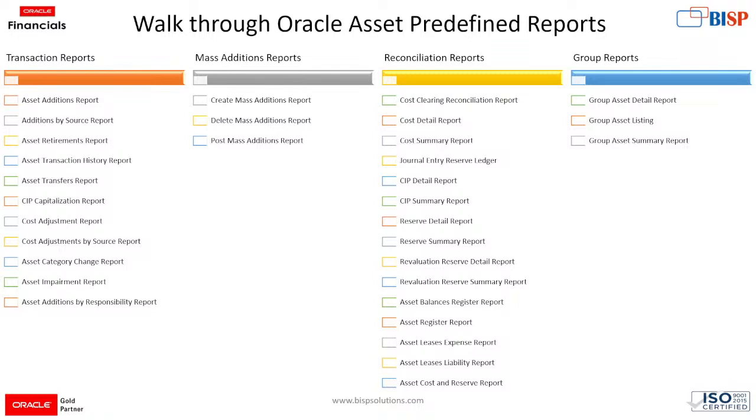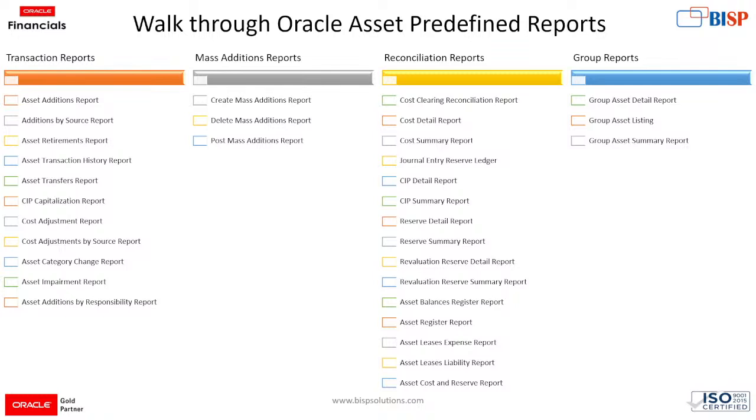And reserve summary report is a list of reserve account summary balances for a specific period. So there are a lot of reports related to the reconciliation reports. Under the reconciliation reports, there is a revaluation reserve detail report, revaluation reserve summary report, asset balance register